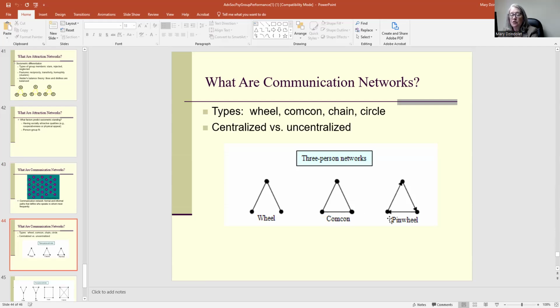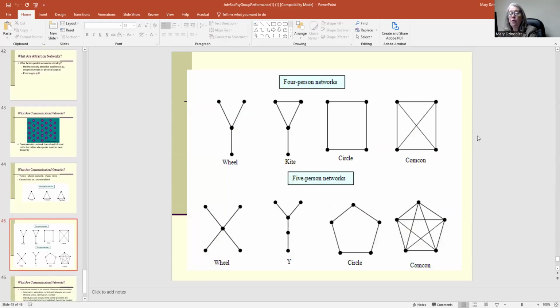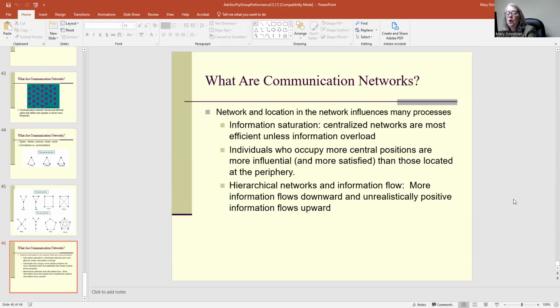This is somewhat uncentralized. This is your most centralized one, where this person only talks to this person and this person only talks to this person. They're not talking to each other at all. This person gives this person their information and this person their information. So this is your most centralized, this is your most uncentralized, and this is pretty uncentralized also. So you've got these 3-person networks. If it goes to 4 people, they give them different names: the wheel, the kite, the circle, the ComCon. Everyone's talking to everyone. You've got 5-person networks and what they can start looking like. So these communication networks are really important